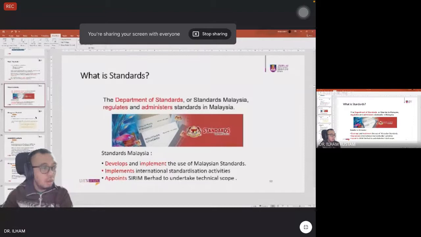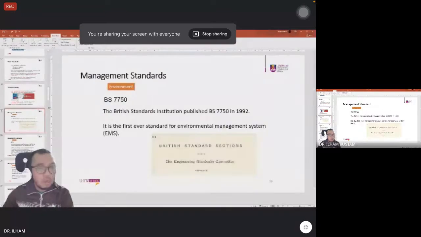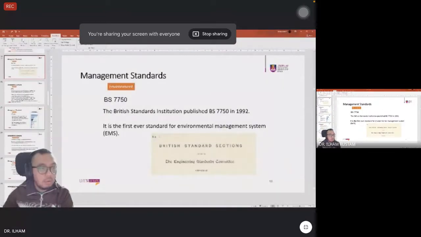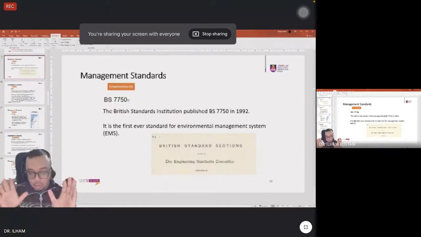Okay. Alright, and then the first standards that has been known to be recorded, I'm not sure zaman-zaman Greek, zaman-zaman Melaka, Kesultanan Melayu Melaka dulu dah ada ke standards ni. We are not sure because tak ada document. Bukan maksudnya tak ada, tapi tak ada documentation yang proof. So the most known document that has been documented is the British Standards Institution standard,